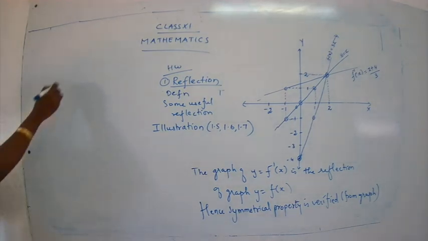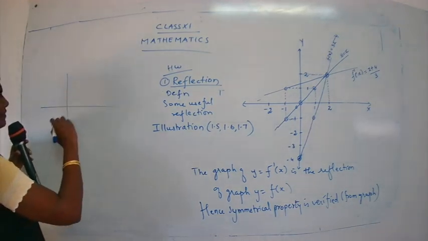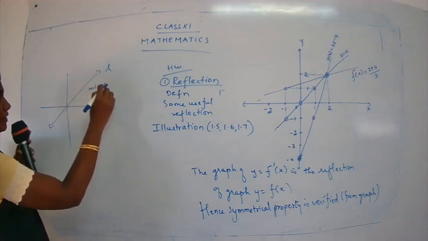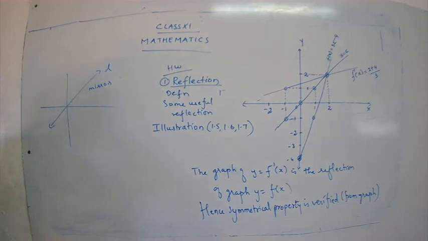Suppose you have a graph over here and we have a reference line. This line L is called a mirror line. Mirror, because when you look at the mirror, what do you get? You get your own reflection. If I stand in front of a mirror, I get my own image back as a reflection. Yes or no, children? Okay. Same way,